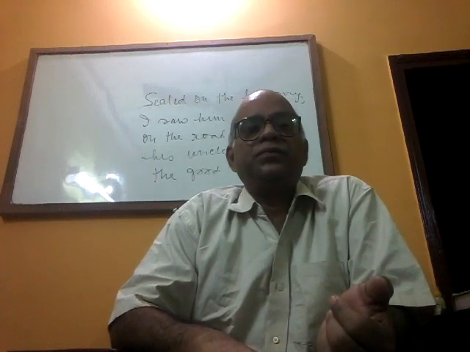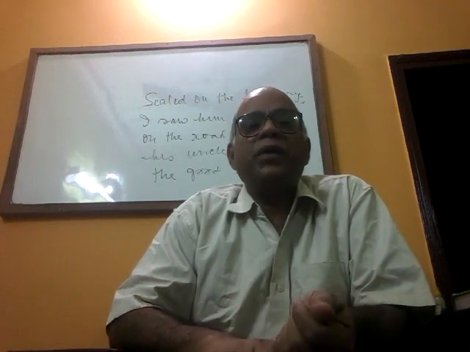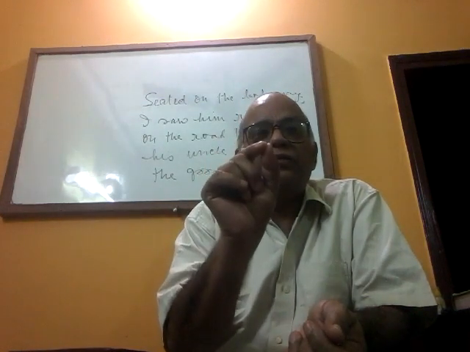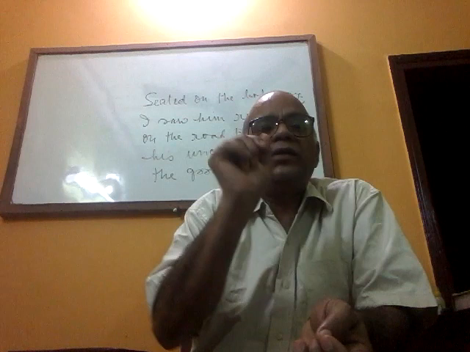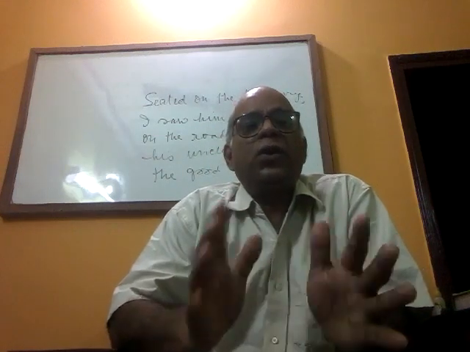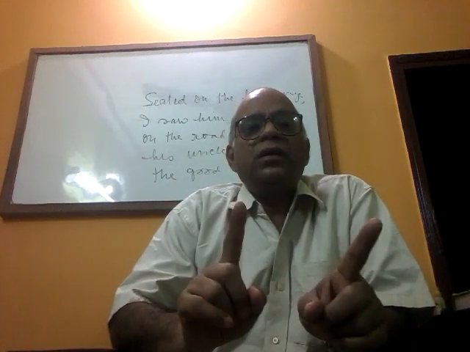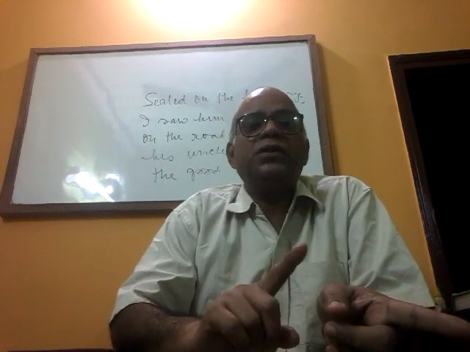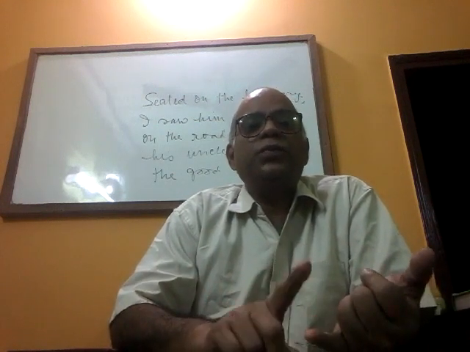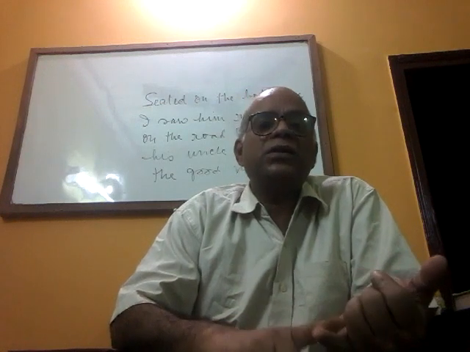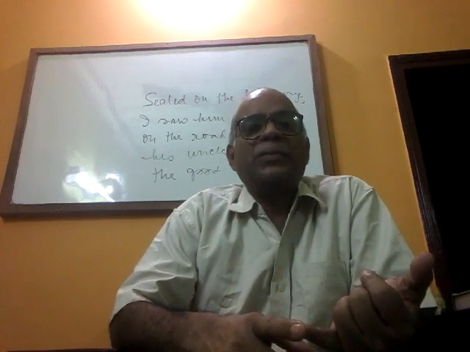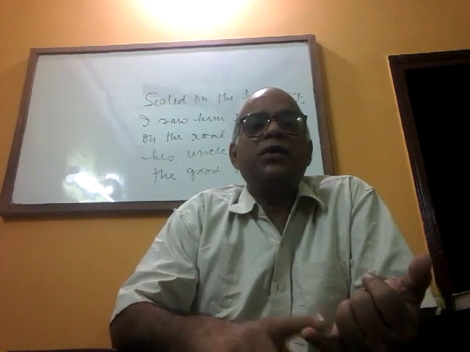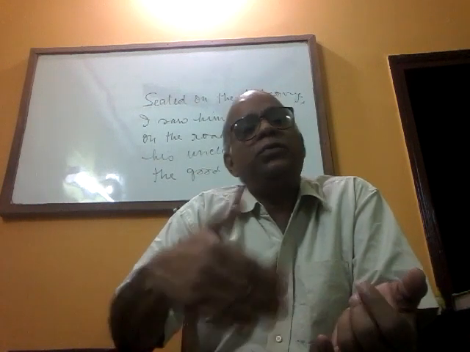A clause is a group of words and a part of a sentence with a finite verb in it. Now when you say with a finite verb in it, there is a natural corollary that it has a subject and a predicate. In some books, don't get confused, it is said that a clause is a group of words and a part of a sentence with a subject and a predicate. But if I say that a clause is a group of words and a part of a sentence with a finite verb in it, actually both are same.